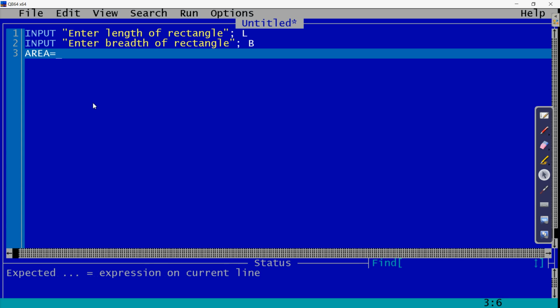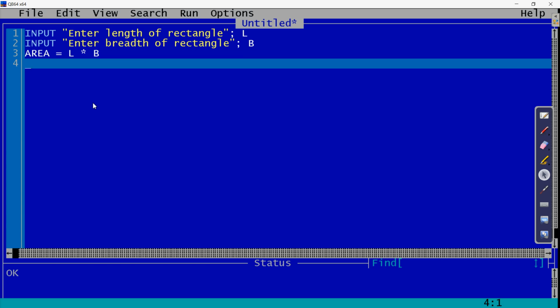So what will be the area? Area will be L into B. The same variables which we have stored, we have to write. So we have written L into B. Clear? Then the area which we have calculated, if you want to get it printed, what will we use? The print statement.